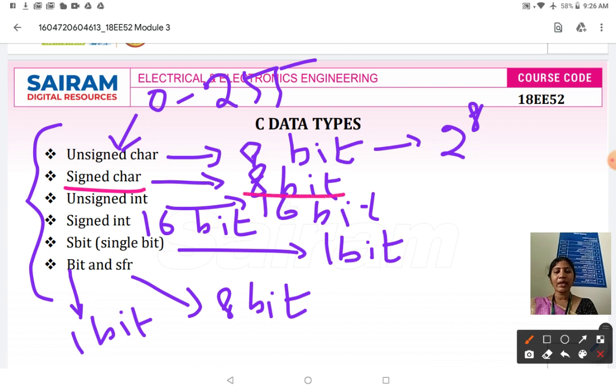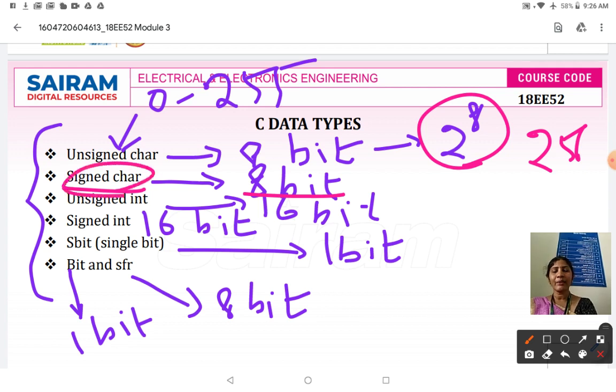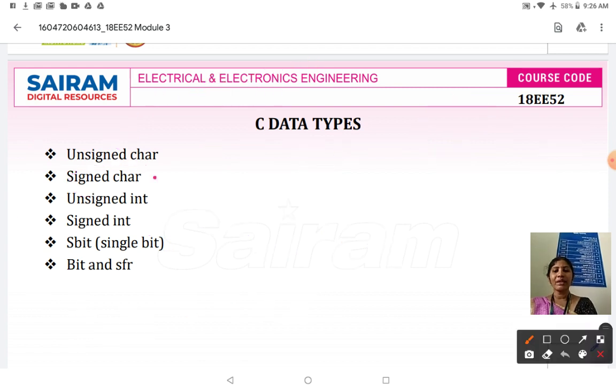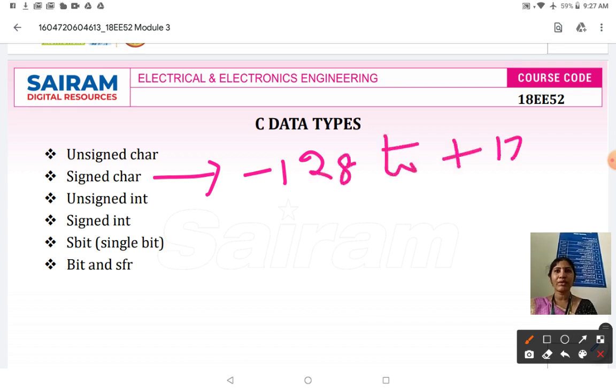Signed char is also an 8 bit data type. If you take 2 power 8, again you get 256. Since it is a signed char, both positive and negative numbers are represented. Therefore, the signed char data ranges from minus 128 to plus 127.